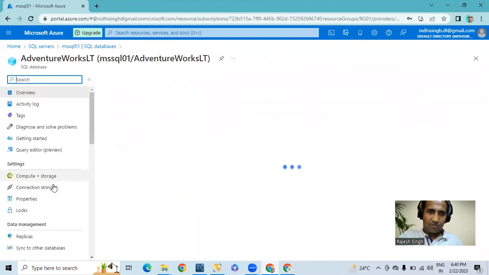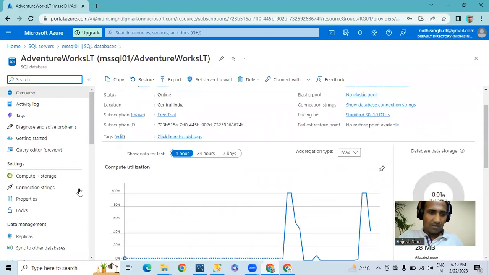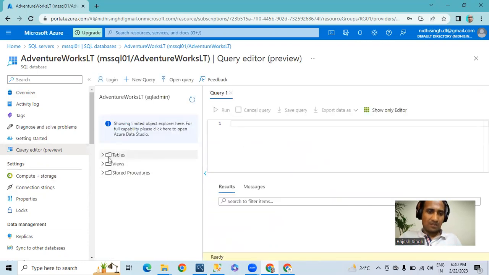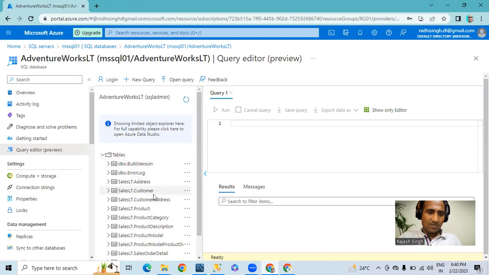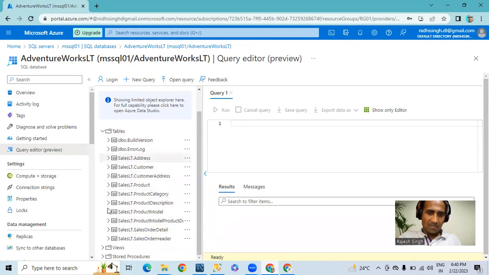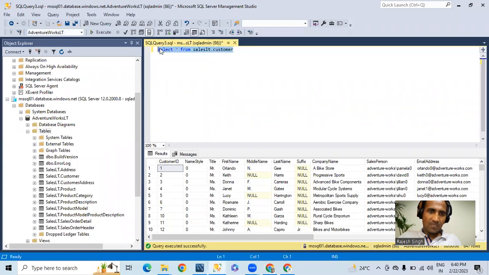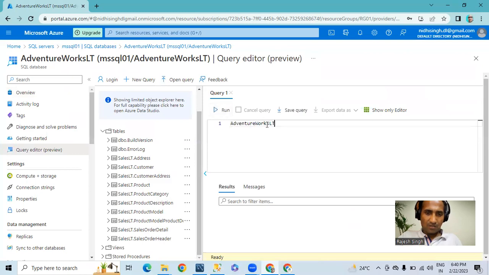So let me select your databases and query editor. Let me log in and check once again what is the status of your database. So you can see some tables, so many tables are imported successfully. Same query, copy and paste, and you can see